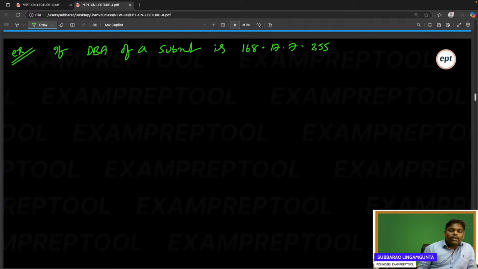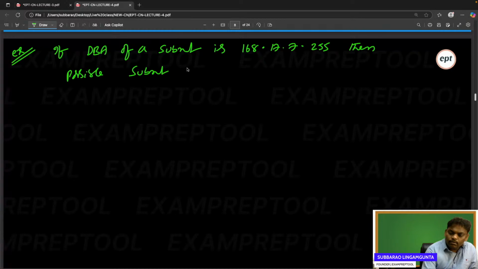If DBA of a subnet is 168.17.7.255, then the possible subnet mask is,